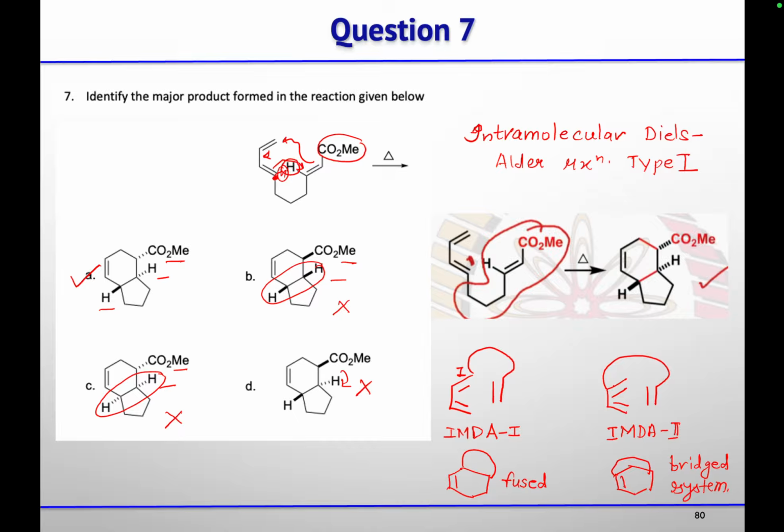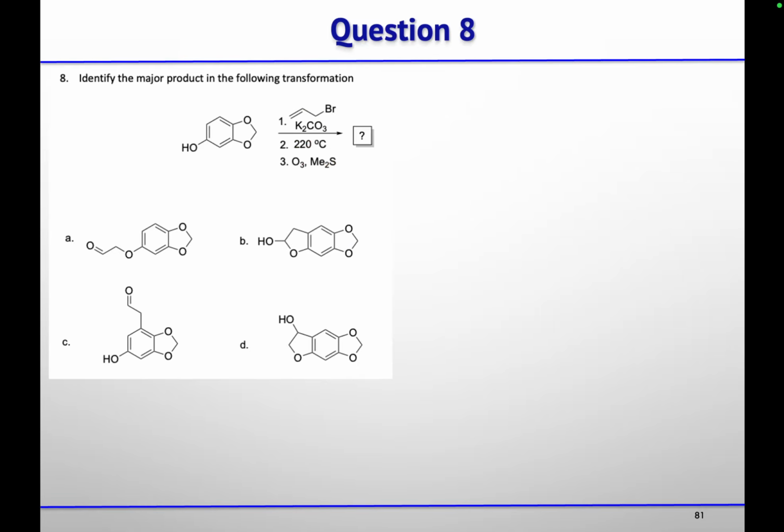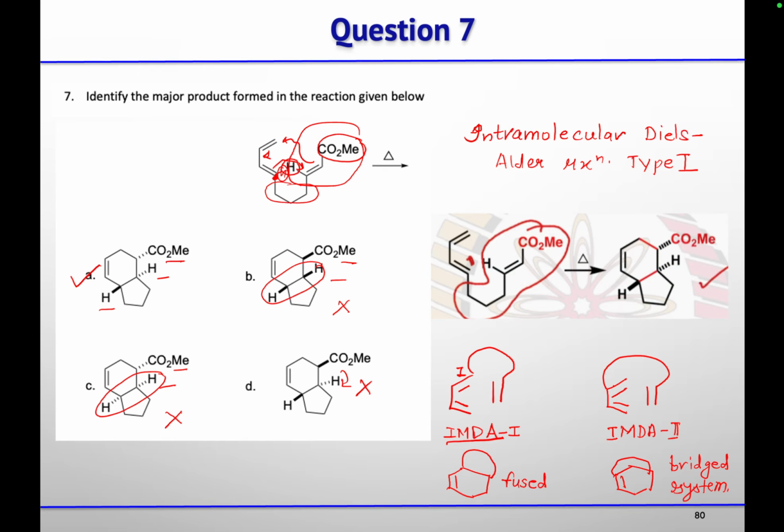So this is the example of intramolecular Diels-Alder reaction type 1, because the dienophile is attached at the first carbon of your diene. And in the case of intramolecular Diels-Alder reaction, the endo product will not necessarily be the major; this is not the criterion. The stability of the conformer that is forming, and how proximal the approach of the dienophile is to the diene, will decide the stereochemistry.